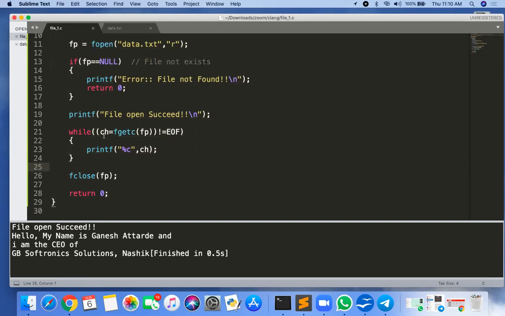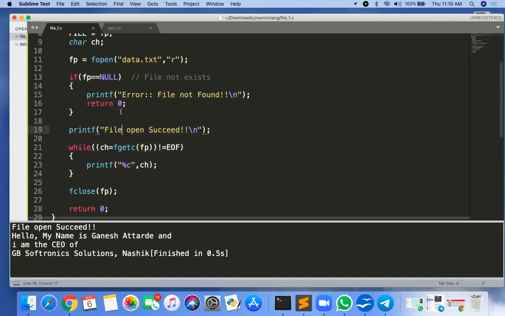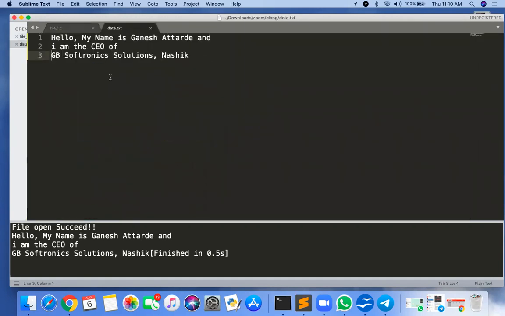Okay. So now we will do one program. In that program we'll count the number of characters present in the file. Then we will count the number of spaces present in the file. So here 1, 2. So how many spaces are present in the file? How many tabs are present in the file? Tab. Okay, so here there is no tab present, so I'm giving 1 tab here. Okay, tab. Here I'm giving 1 tab. Okay, 2 tabs are present.